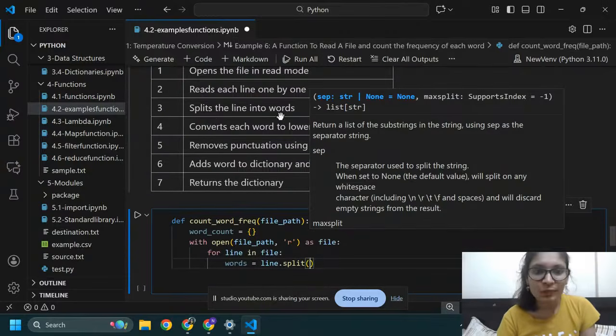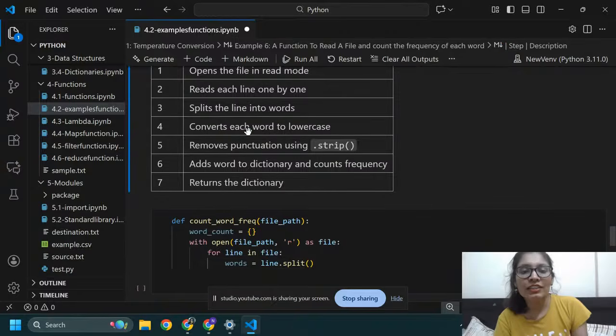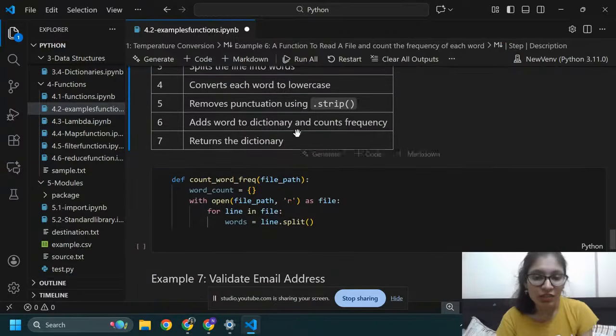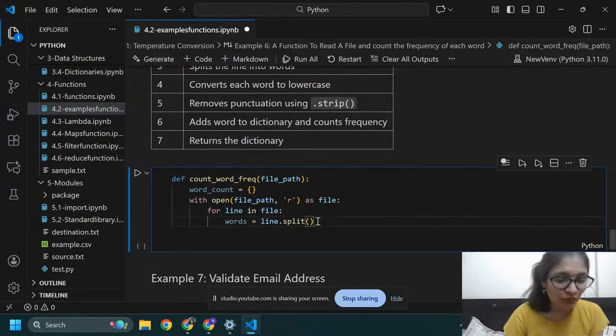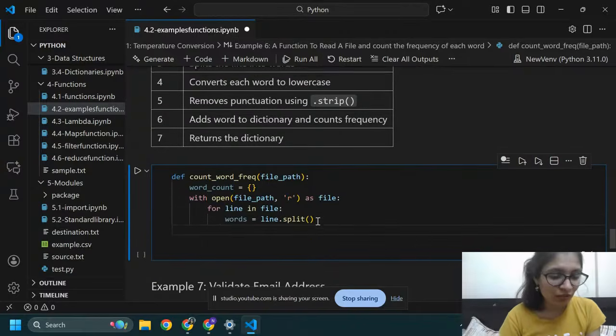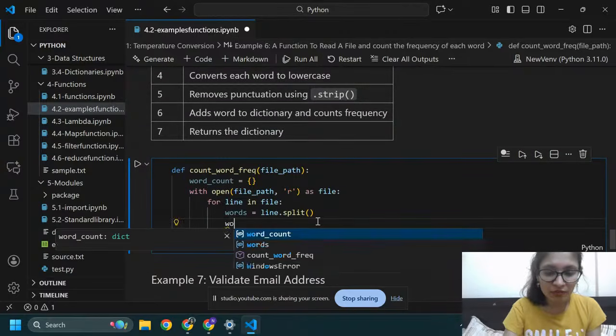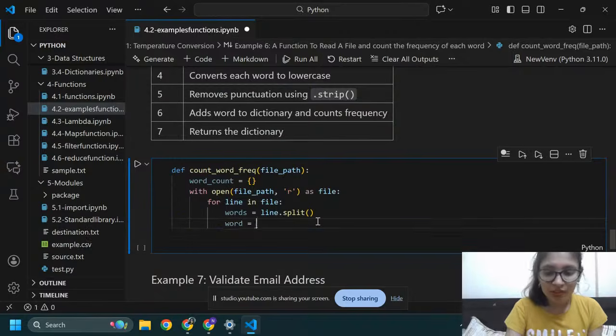Now after splitting the line into words, convert each word to lowercase. So word equals word dot lower, dot strip.